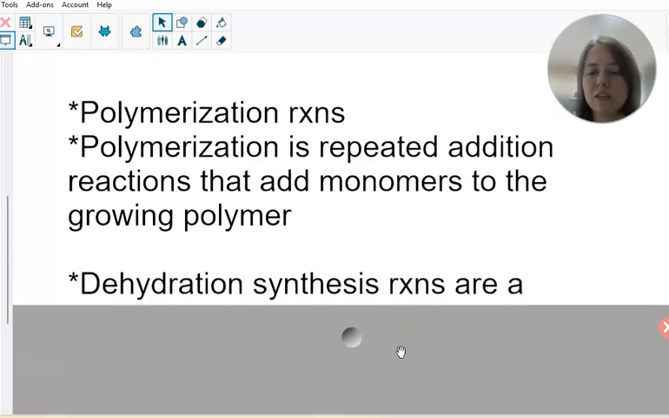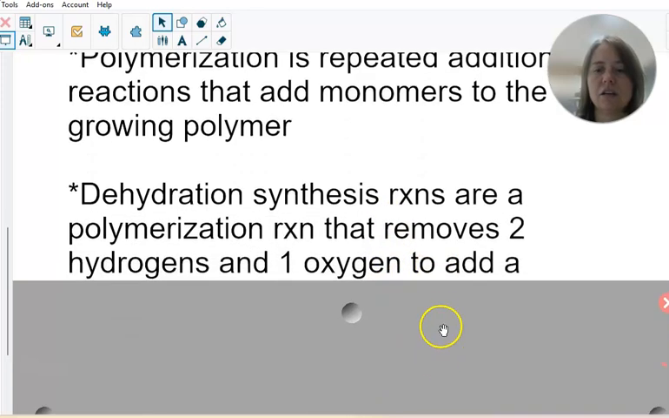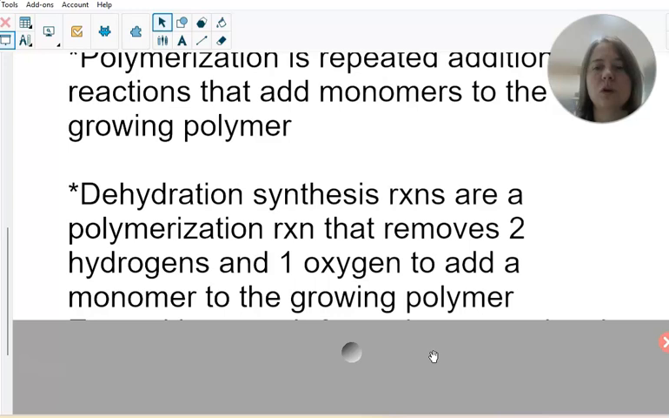One type of polymerization reaction is a dehydration synthesis. So we're synthesizing, taking a monomer and a short polymer, and making a longer polymer. Dehydration means you are removing two hydrogens and one oxygen, so H2O. That is removing water, so that's why it's a dehydration. So dehydration synthesis reactions are polymerization reactions that remove two hydrogens and one oxygen to add a monomer to